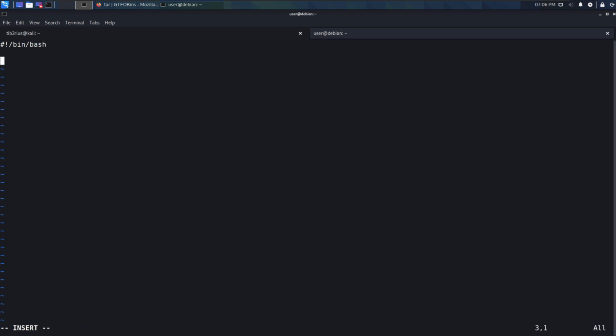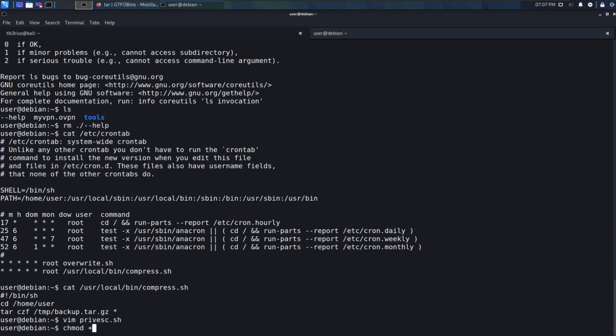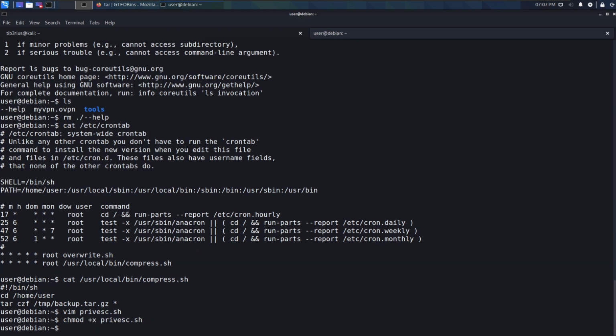And what we're going to do, because this is running as root, is copy /bin/bash to the /tmp directory as rootbash. And then we're going to use the chmod command to give /tmp/rootbash SUID. It's going to set the SUID bit, which means when it executes, it's going to execute as root because it's a root-owned file. So if we save that and make that script executable,